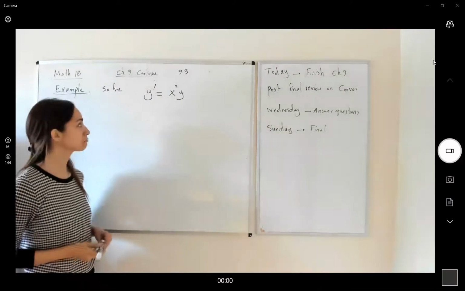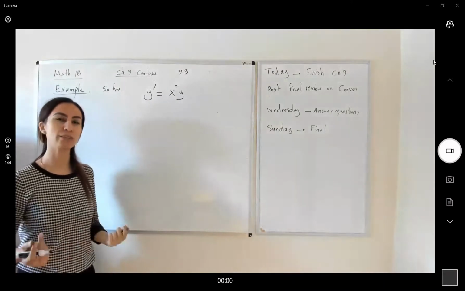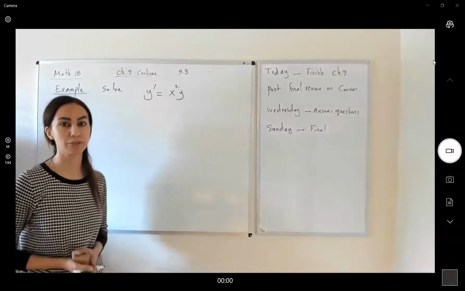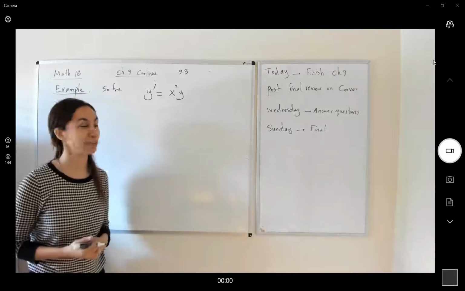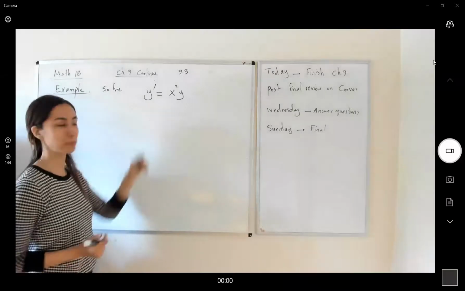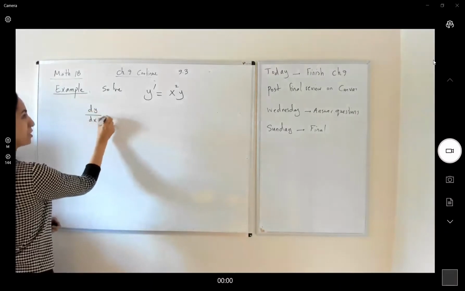There you go. They have a differential equation. So our goal is to check to see if they have a separable differential equation, get the integral of both sides, and start solving. First of all, y prime is dy over dx, which is equal to